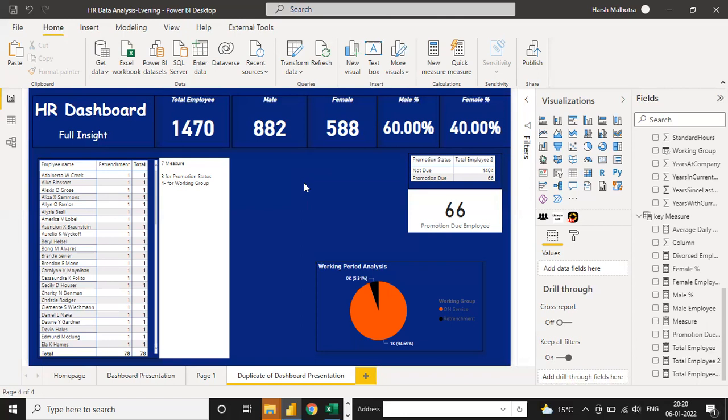Just one last question. When we create a new column, we have the option to add a new column and a conditional column. What is the difference, and which one is recommended? See, both are recommended. It is just a way, depending on which way you are suited to. Conditional column is also okay, add column is also okay.